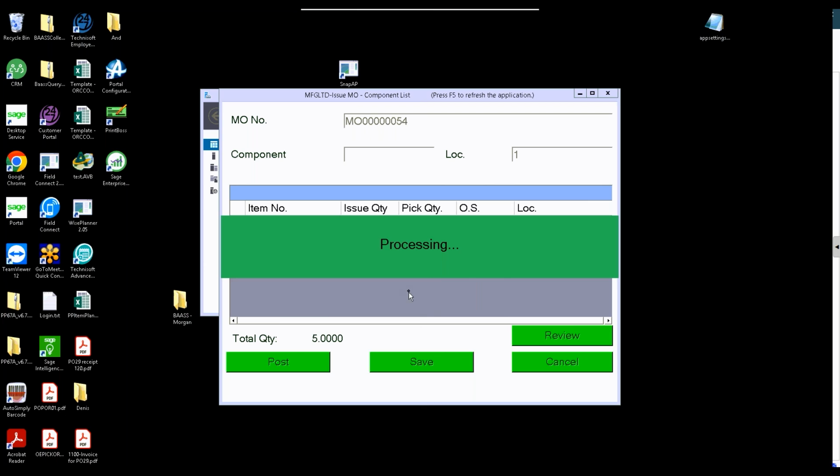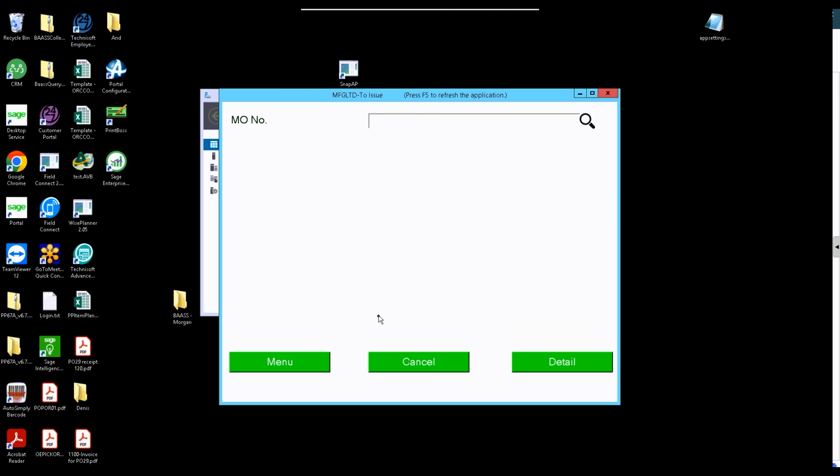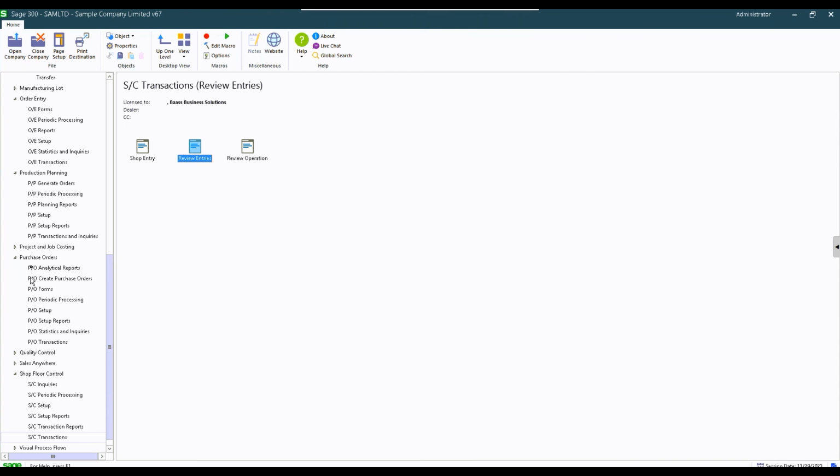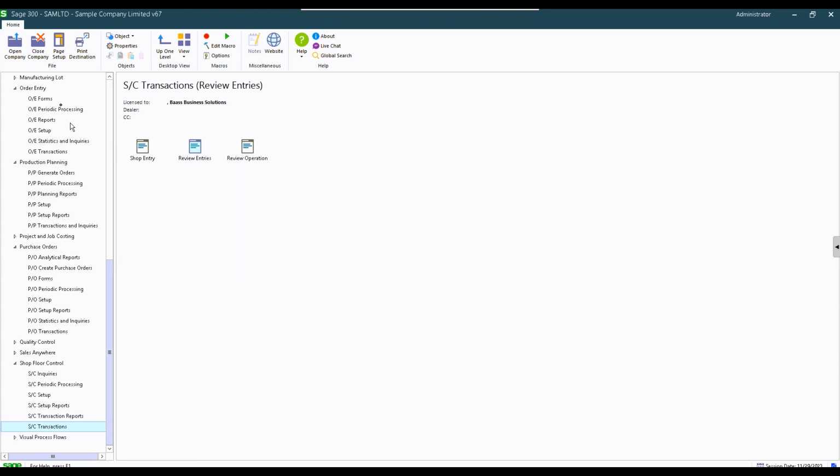Let's go and post the issuance. What I wanted to show you is now, through the barcoding solution, that MO54 issuance. If I look at the issue 17, if I go back in Sage 300 and go to my MF module, manufacturing, so if I look at manufacturing,